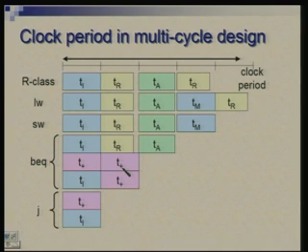One more thing you must notice is that the total time LW takes now is more than what it was taking earlier. Earlier it was taking 1 clock, which was from here to here; now it is taking 5 clocks, which goes from here to here. So there is some wastage of time here also, but on the whole, everything put together, this approach would still give you better performance or save time.